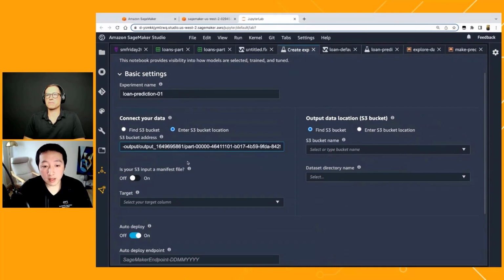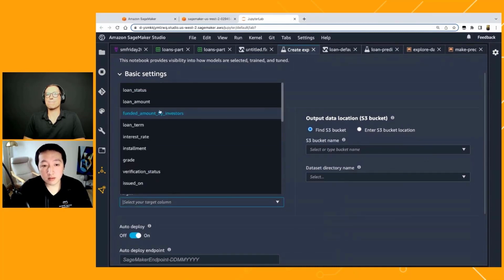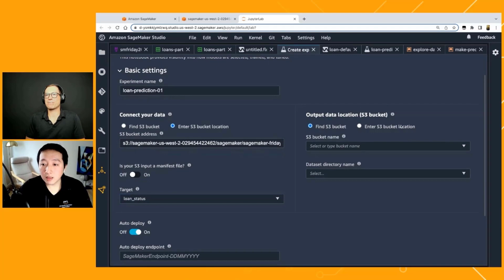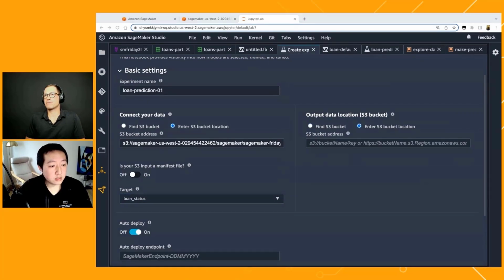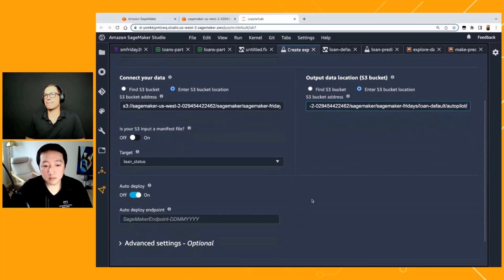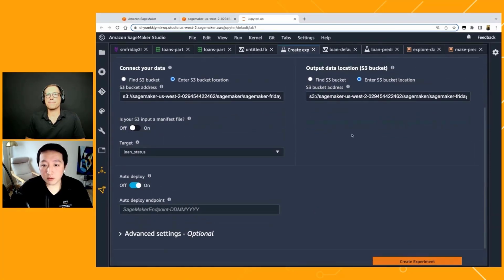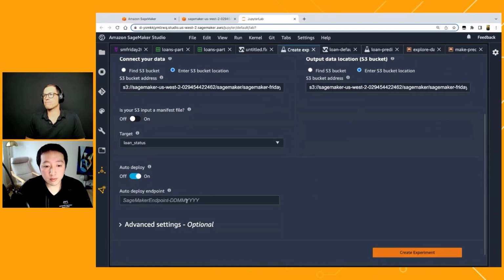Autopilot automatically detects and reads the CSV and finds all the column variables. We can choose the loan status as our target, and we can then specify the output location for this job, so that Autopilot will save all the output into this place.